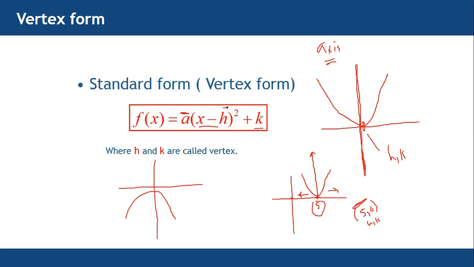And you can find the h and k values. If you know the h and k values, then you can easily draw the graph. Without knowing the values of h and k, it is very difficult to draw. You would need hundreds of values to find the vertex point. So how can we write an equation in vertex form? Let's try one example.